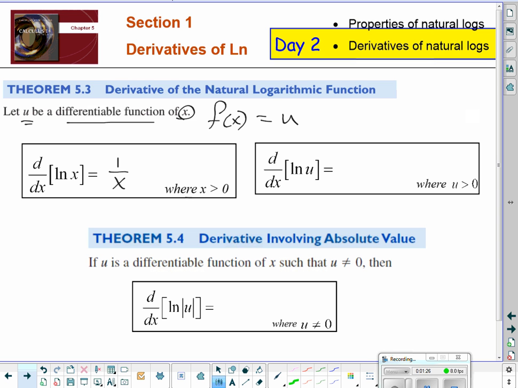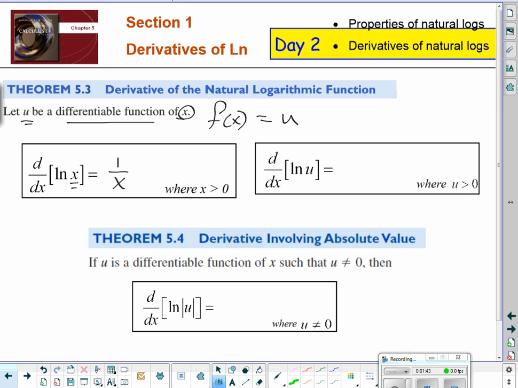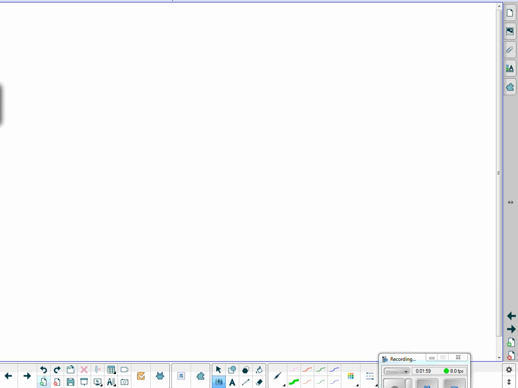Now, what if our function isn't as simple as just x? You'll see here, the first thing I'm going to have us do is the natural log of 5x, or the natural log of x cubed plus x. So definitely we'll look at more difficult cases. In that case, there's some function out there, and the natural log of some function will be 1 over u. Well, that has a lot of similarity with this, doesn't it? 1 over the box. 1 over the box. So it becomes 1 over